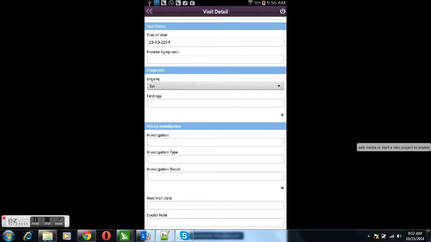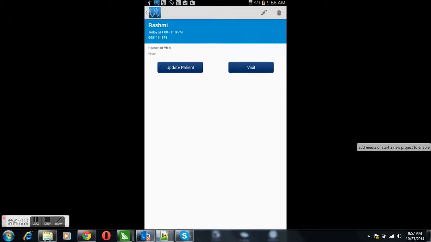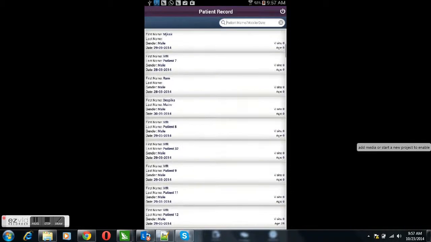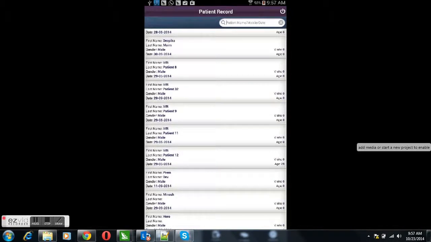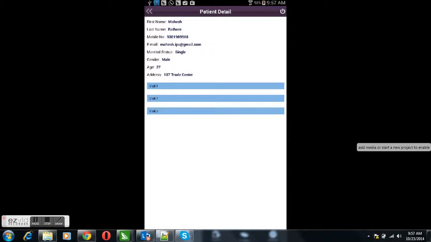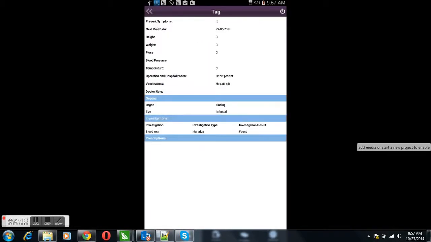So all the fields are similar to the web app. Once the visit is also created, we can go back, and from here there is another important module, that is patient history, where we can electronically see the patient records like this. On the bottom button we need to click on patient. From there we can go to history, search any record, and for that record we can see the visit of any of the patients like this.